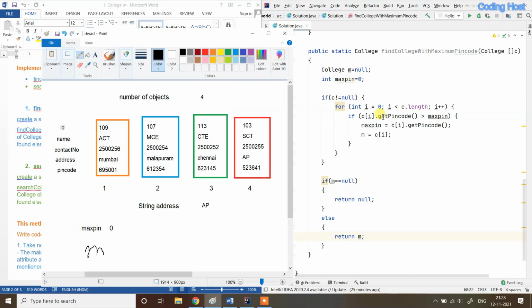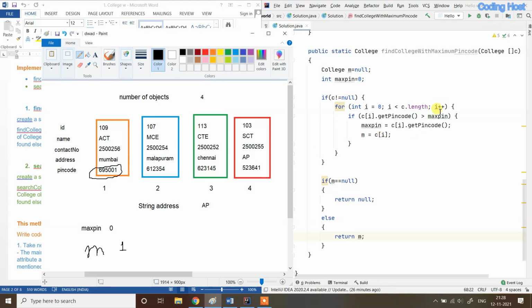So in the maxPin variable we will store this pin code from the object, and in the m variable we will store the object at index 0. Now m has object 1, and maxPin has the pin code of object 1.